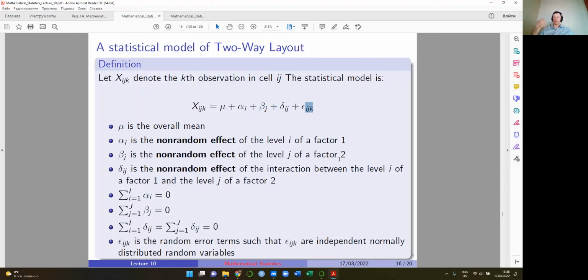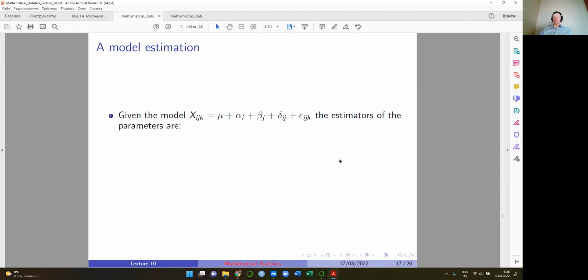So we are going to divide the sum of squares total into 4 parts. And here we are. But first, before this, let's discuss how we are going to get the estimators